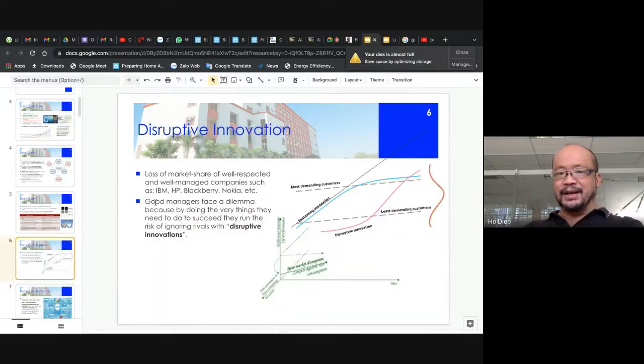The third of the Fantastic Five is disruptive innovation. With disruptive innovation, there are plenty of opportunities out there. There have been very successful companies such as IBM, HP, BlackBerry, Dell, Nokia, and so on, who over-innovated, who released products before their time. So it gives a lot of opportunity for startups like yourself,